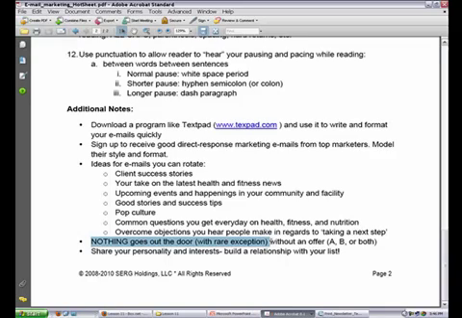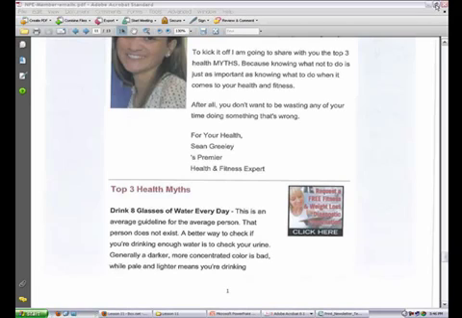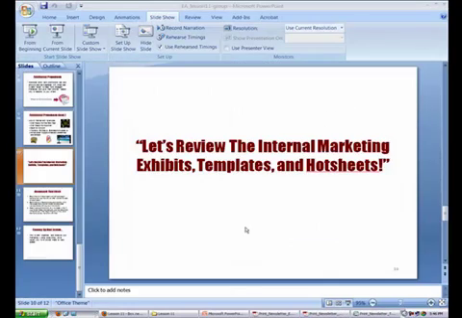And definitely use the broadcast emails to share your personality and interests and build a relationship. Think about the things that you write when you're writing emails to friends and to family, what you would say to them, and things you talk about. You want to weave that in, because it is a relationship. You have the power to do one-to-one communication and develop a relationship here in this marketing medium. So take advantage of it. So, some great email marketing tips for you. Let's see what else we've got here.